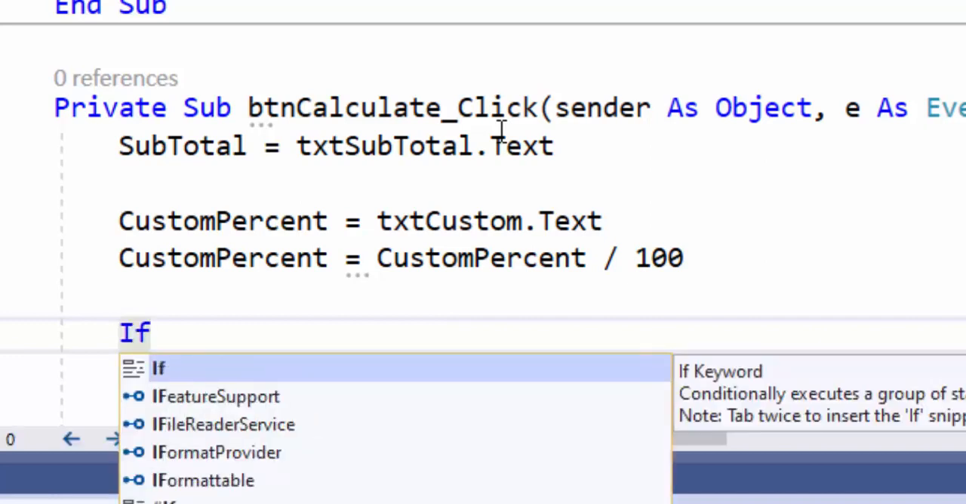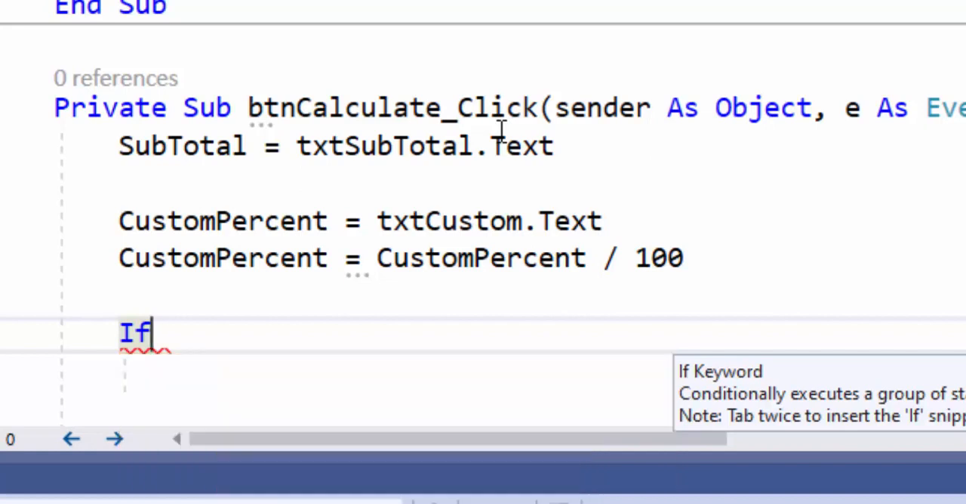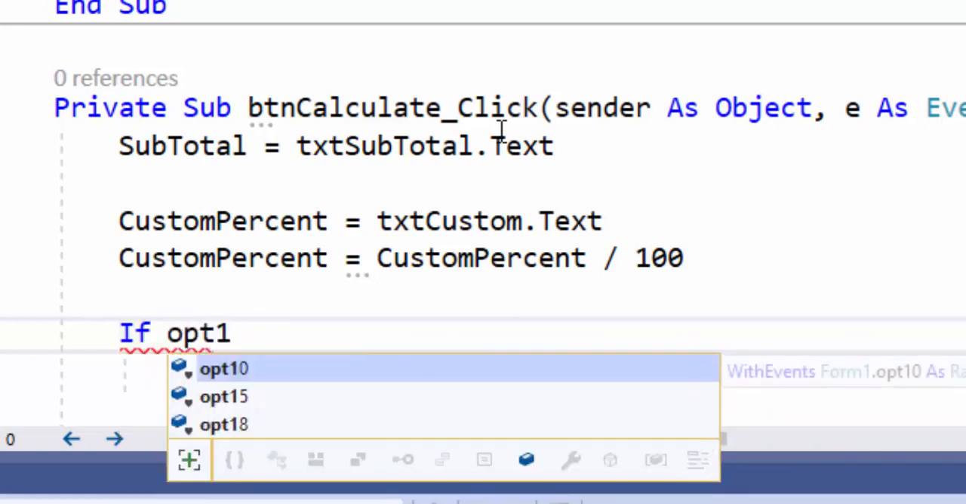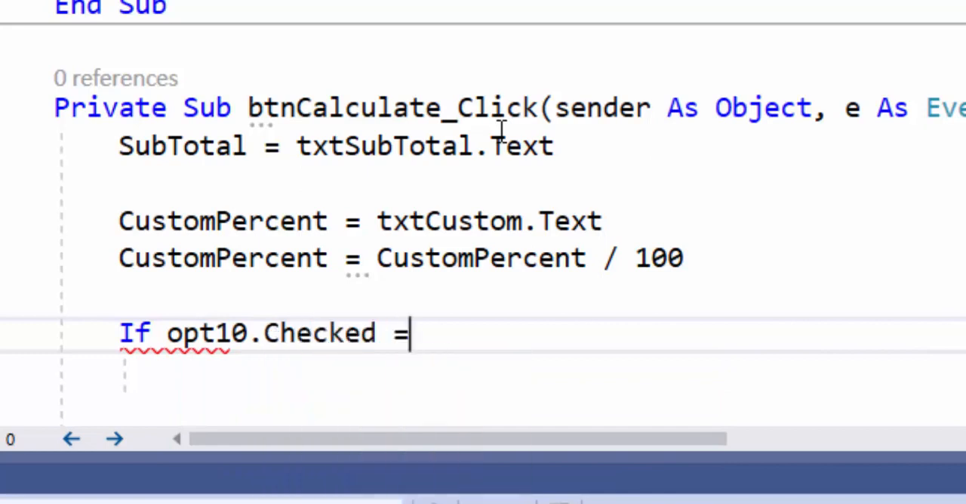If you watched our if statement video that I posted the other day, you will see that there are efficient ways to use if-then statements rather than having a bunch of if-thens, having it in the right order. If you haven't watched that video and you're new to programming, I strongly suggest you check it out. So if opt10.checked equals true,